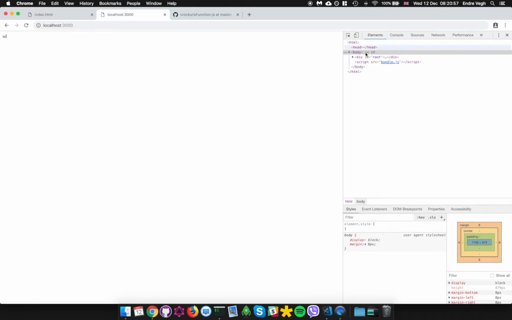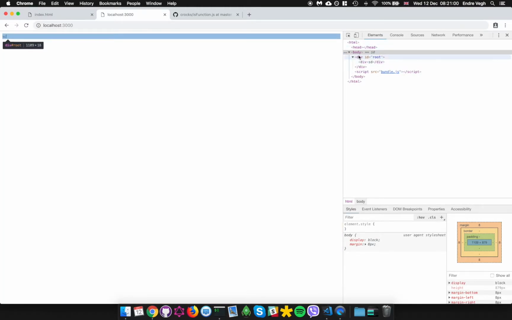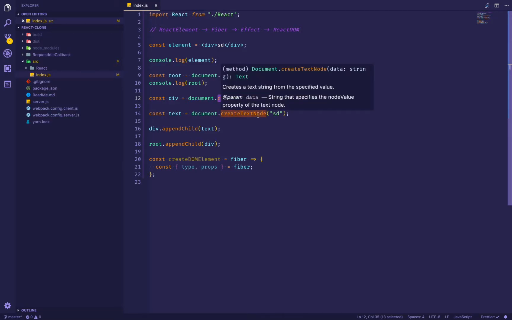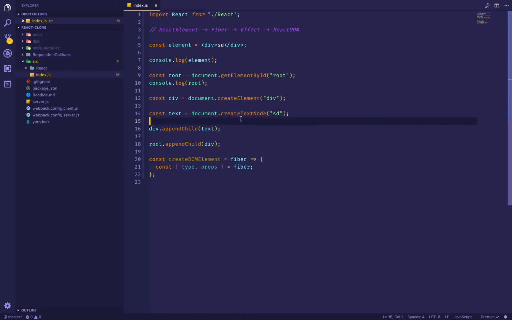Yeah, so we can see that if I get here, inside the root we have a div with SD. So that's actually HTML, and this is just pure JavaScript, which has nothing to do with HTML except it looks like HTML. Okay, so create text node is for text elements, and create element is for every other thing which can be translated into DOM elements. And we assume now, for the sake of simplicity, that we don't have any custom React components. So everything is just DOM